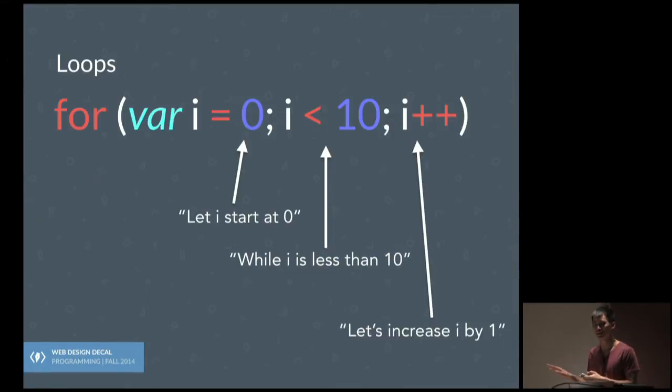What about this does not make sense? Is anyone still kind of not really getting what this means? Basically it's just like, do something some number of times, and we define how long it's going to do them. And we have this counter variable, in this case it's i, that counts to make sure that we're still under that limit each time.